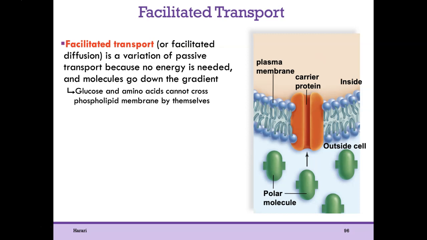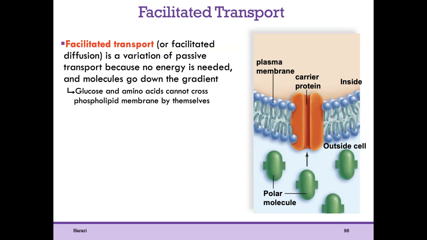So one other type of passive transport is called facilitated transport. It's a variation of passive transport because no energy is needed, because molecules are going down the concentration gradient. They're still going from high to low. But